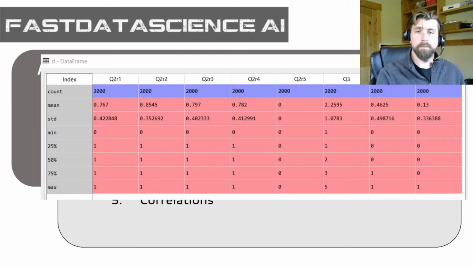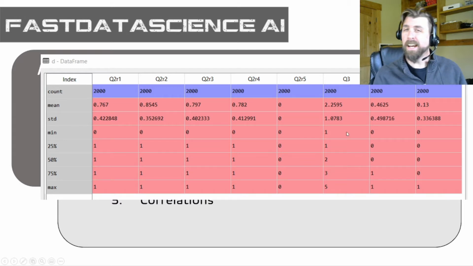So if, for example, we were to jump over to question number 3 here, which is this column on the right, we would immediately see that the mean is 2.2595, the standard deviation is 1.07, and so we start to get some sense in the context of the minimum and the maximum, which is 1 and 5, that, okay, the mean is roughly right in the middle of that range. And so this is meaningful in telling us that question 3 might kind of approximate a normal distribution, which aids some of the things that we can assume about that variable as we start to make connections to inferential